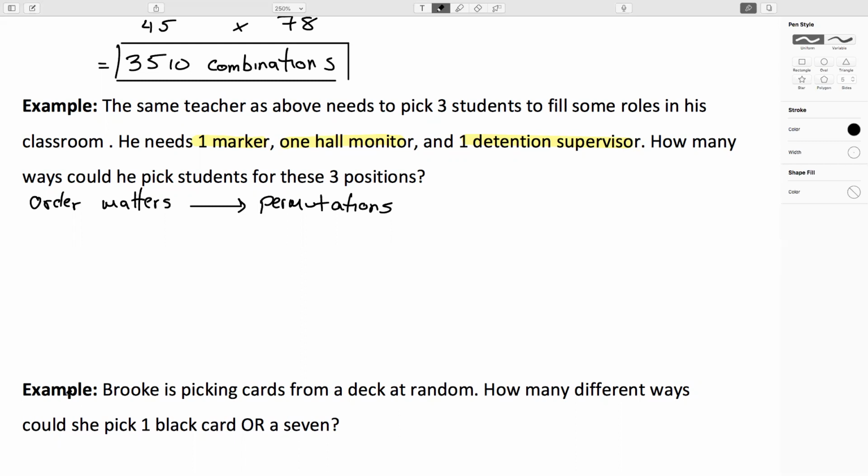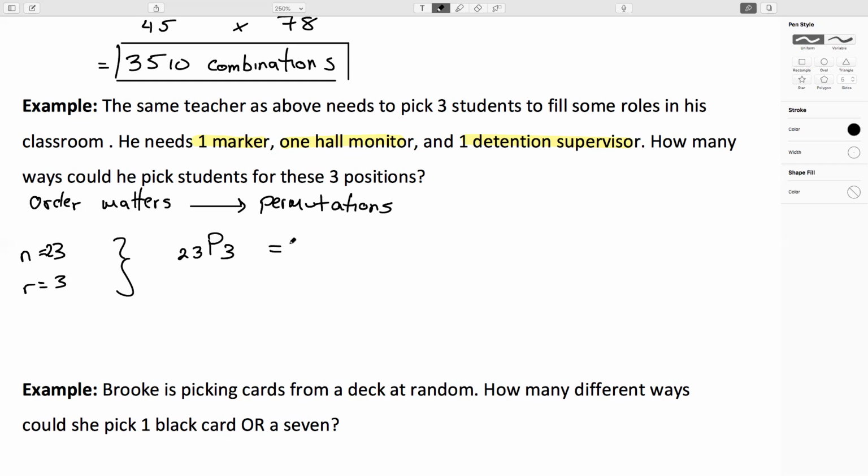So essentially, it doesn't matter if we're picking a boy or a girl here. We're just picking 3 students. Now you could think about this as creating a list of names. The first person on the list gets marker, second person on the list gets hall monitor, third person gets supervisor. So we're basically picking 3-person permutations out of the class. So n equals 23, that's how many students are in the class. r equals 3, because we're choosing 3 people. So the number of ways to pick them, 23 permutation 3,